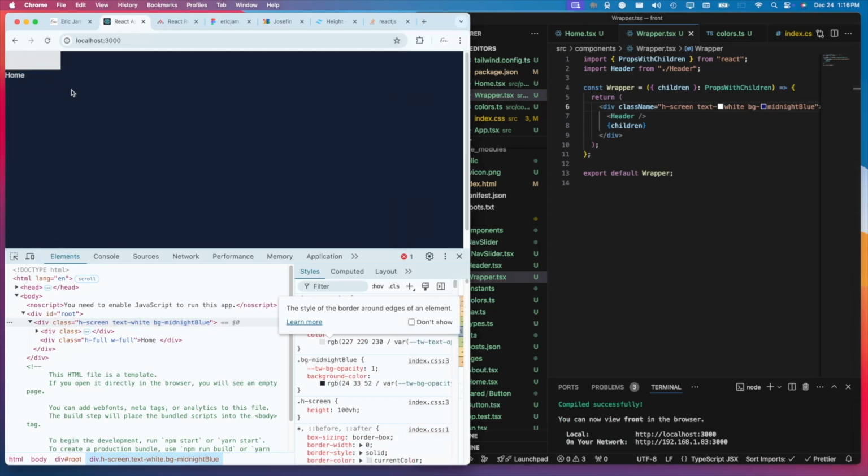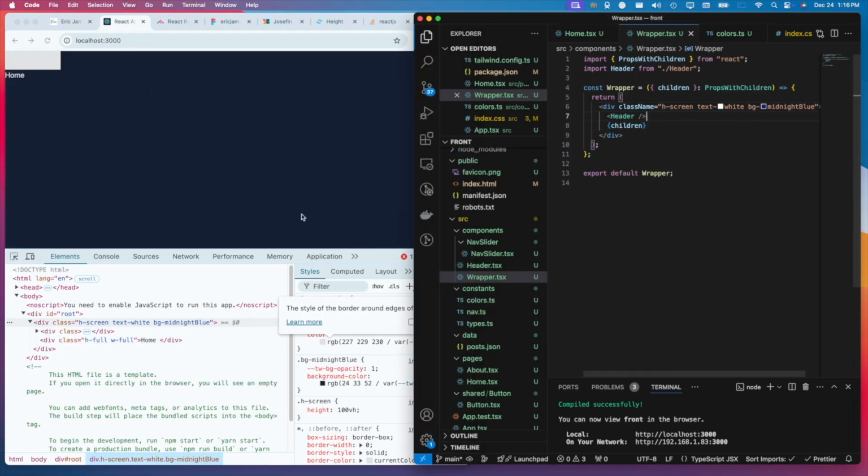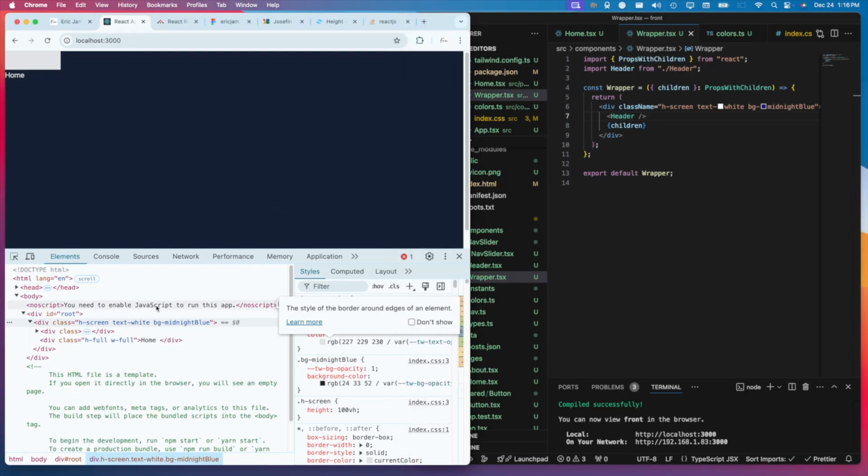Okay, now we can always continue. We're still seeing this nav. We'll get to the nav. It's ugly. It's just the default nav. So I think first I want to